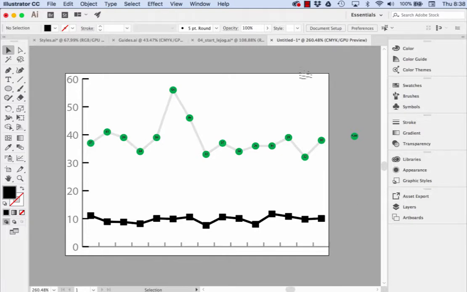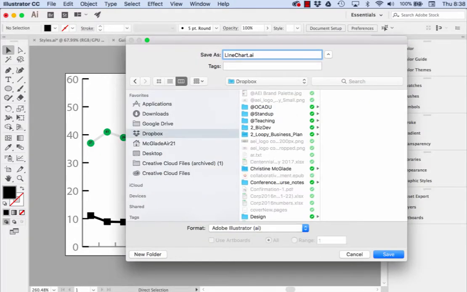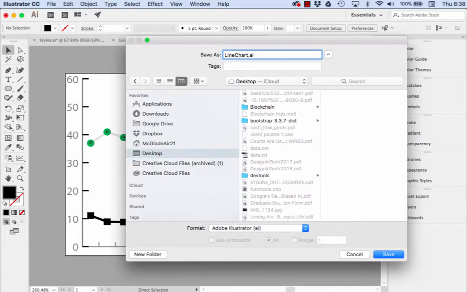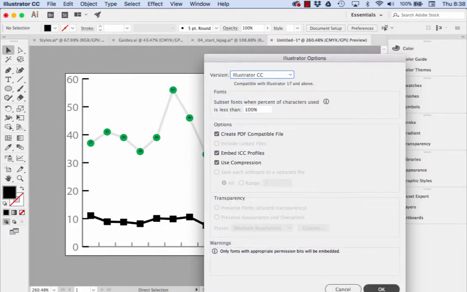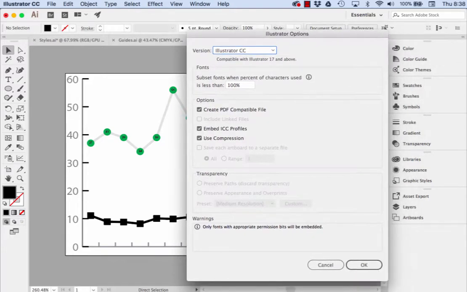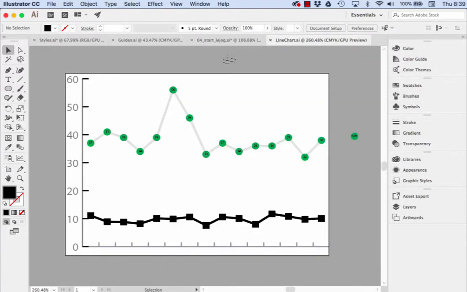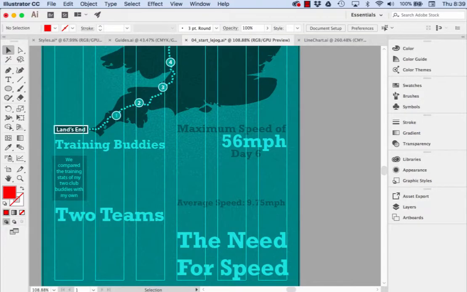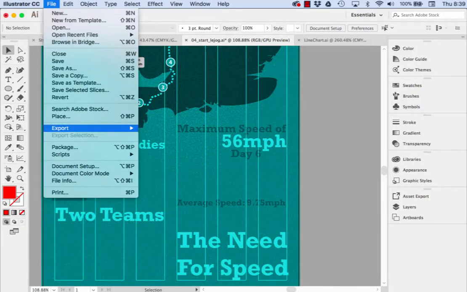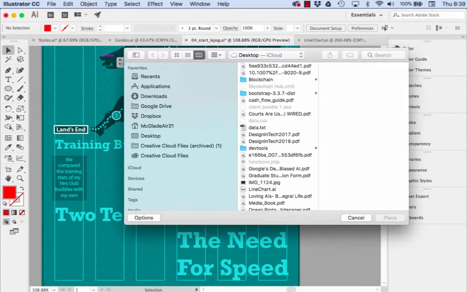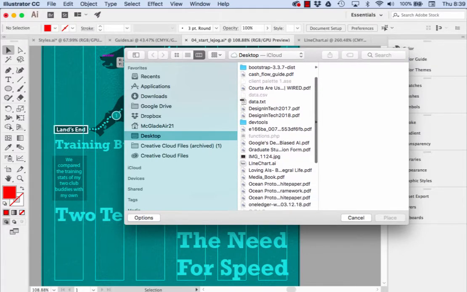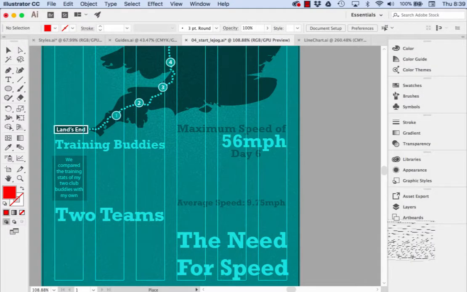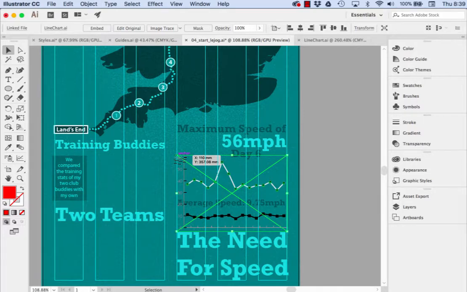We haven't saved it yet, so let's save it. Make sure I put it someplace. I'm going to put it someplace handy so I can get at it easily and quickly. All of these options are fine. Now we're going to go back into our main document, and I can just go under File, click Place, and then I'm just going to find that. There it is there. I'm just going to click right there